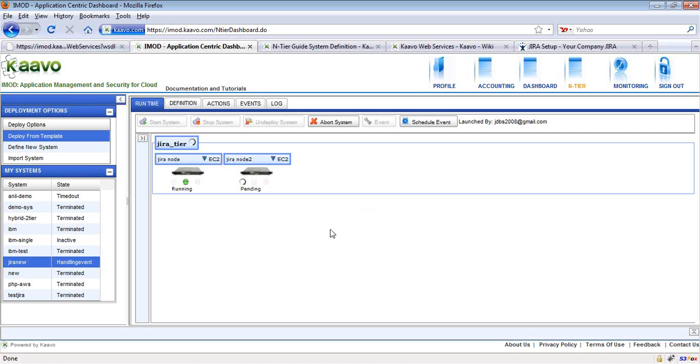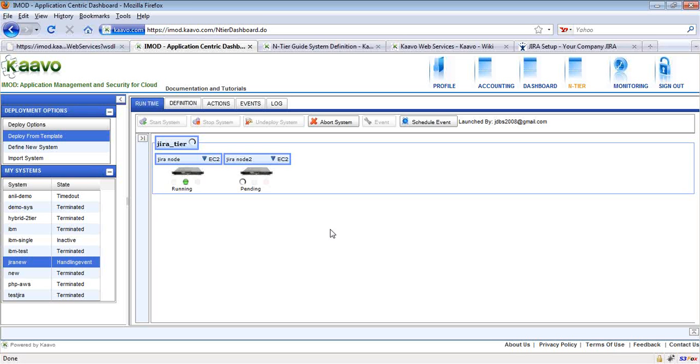And you can see after I executed the client for firing the event, the Fire Event workflow is underway. So what it has done is it has sent a request to the provider for provisioning an extra server. That means there was only one server before. Now there are going to be two servers in the system.